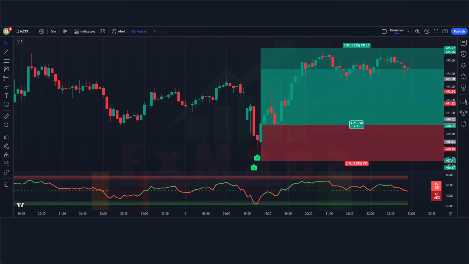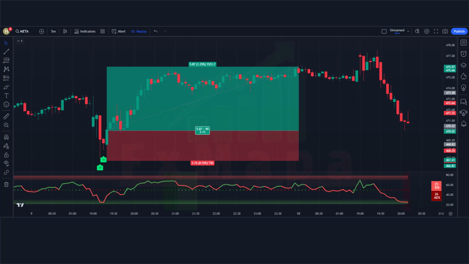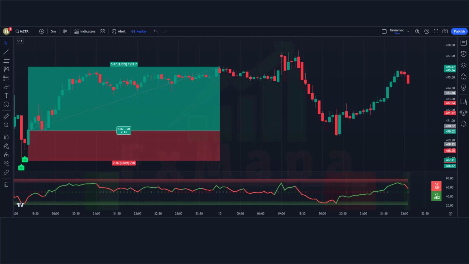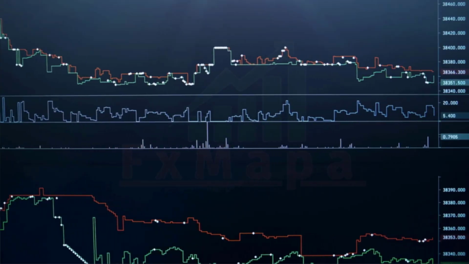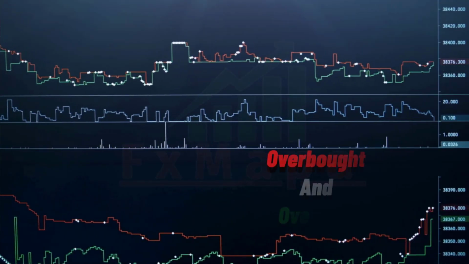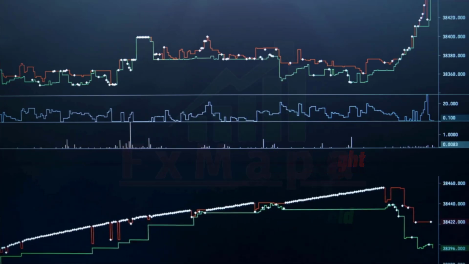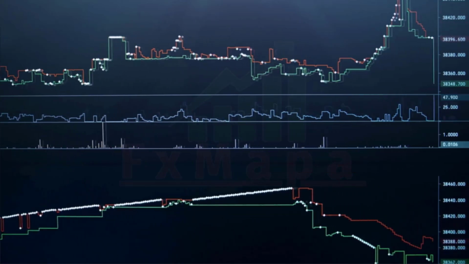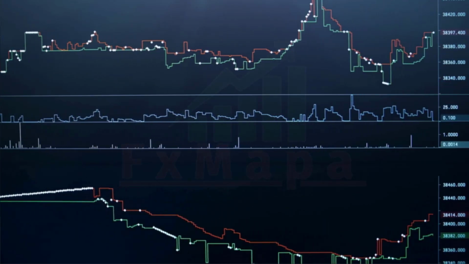RSI. This is one of the most popular and oldest indicators to ever be created. This indicator is both a momentum as well as a trend direction indicator. What the RSI indicator is most known for is identifying overbought and oversold levels in the market. Whenever the RSI indicates an overbought market, we expect the price to come back down, and vice versa for oversold